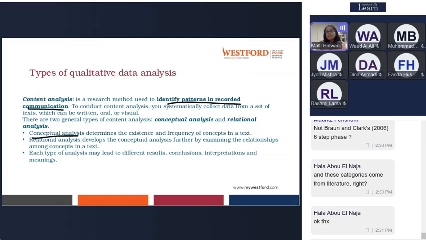In conceptual analysis, you are just counting how many times a person has said barrier, internet, motivation, but you're not finding any relationship between these words. That is conceptual content analysis. And if you are finding a relationship and trying to reach a conclusion on the type of relationship various variables, various codes have in your data, then that's called relationship analysis.